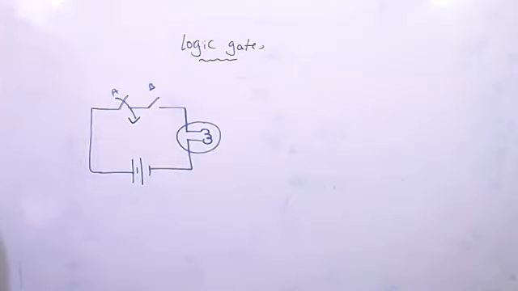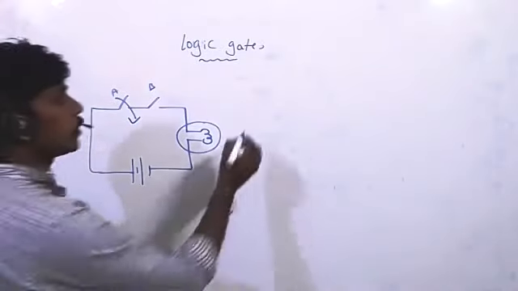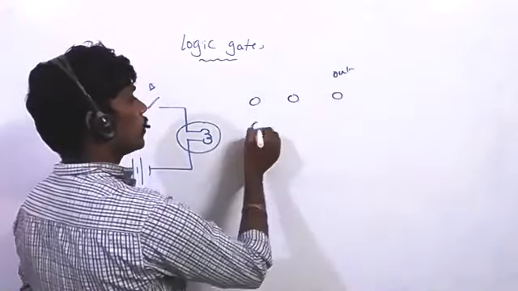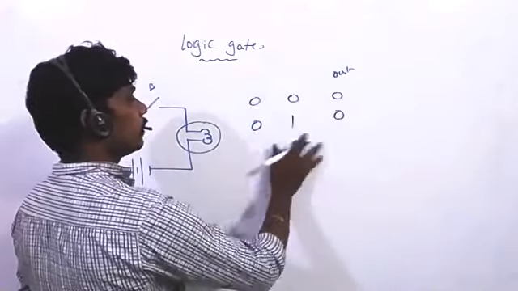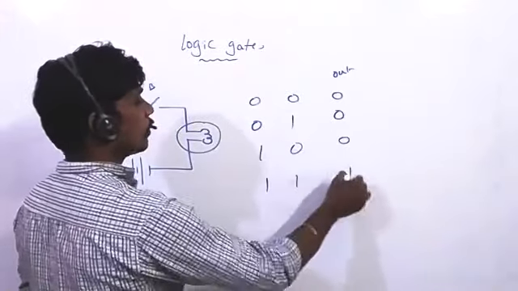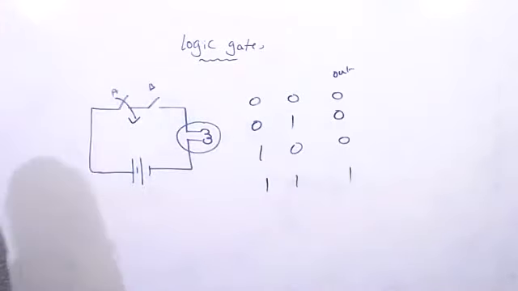Sir, it's OR or AND gate, sir. That you have to say by using the diagram. Now you have to say, is it OR gate or AND gate? That's why I am saying. When the 2 inputs are low, output is also low. If one is high and one is low, you are getting low. If 2 inputs are there, then which gate is it? AND gate.